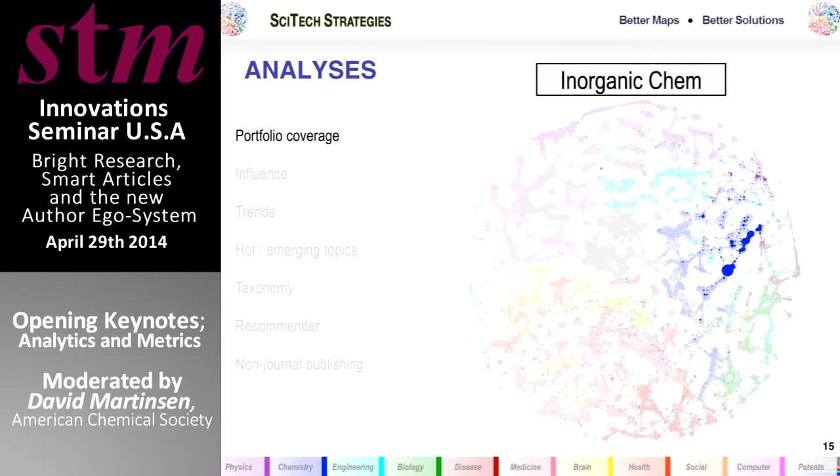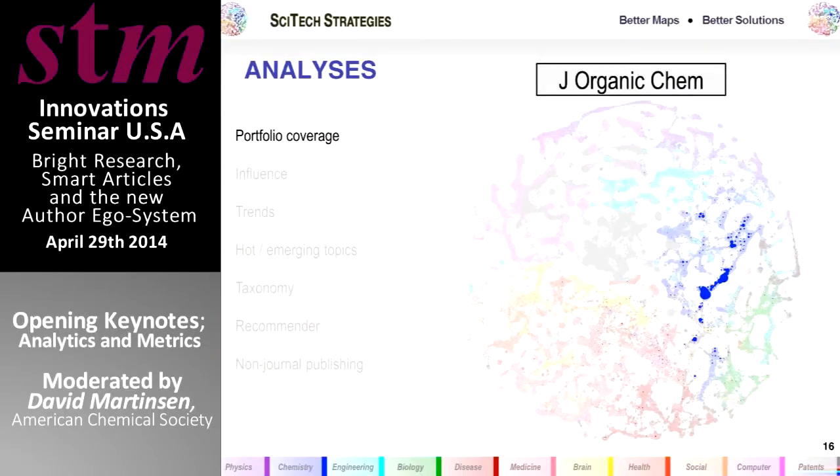This is now inorganic chemistry. This one is very different from the Physical Chemistry Journal. So I'll toggle back and forth. You would expect it to be, because they've got very different names. They're from discipline-sized areas of chemistry. So just from a visual perspective, we can say that JPhysChem B and inorganic chemistry are quite different. So now let's move to Journal of Organic Chemistry. Once again, it's a different profile.